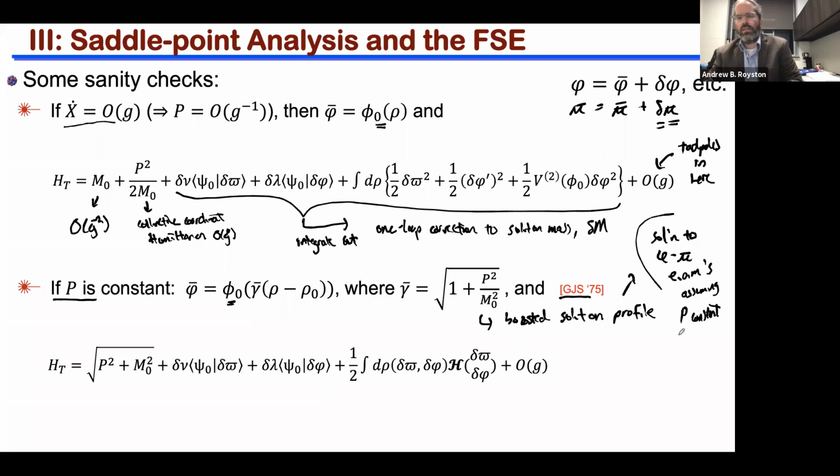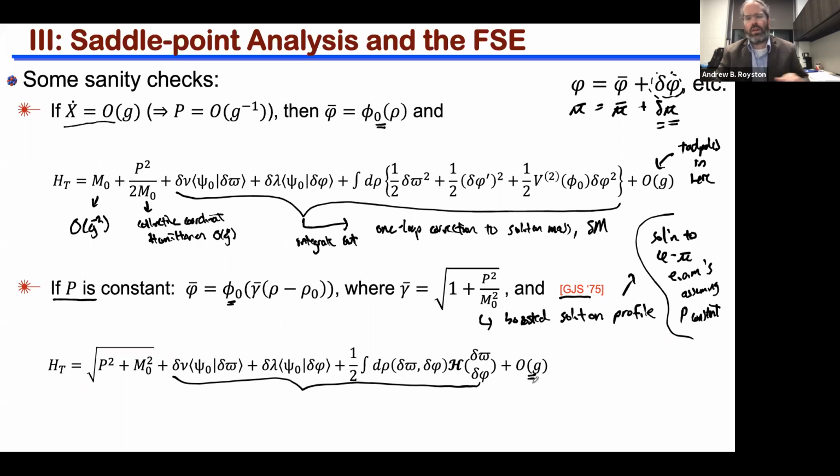So that's kind of nice. And then you could do perturbation theory around that solution. Now we really do have that the next terms are quadratic order in fluctuations. There are no tadpoles in here anymore, just the interaction terms. The leading order Hamiltonian becomes the relativistic energy, and that is order g to the minus 2. This is all order 1. And if you integrate it out,